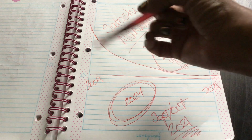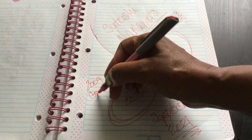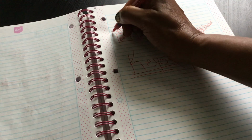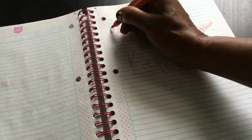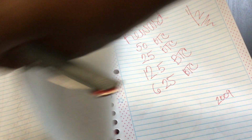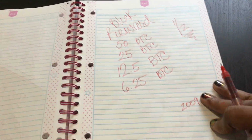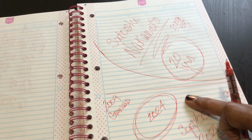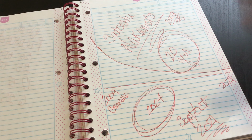And the Genesis block, which means the very first block, remember we talked about the blocks in the blockchain? Well, block number one is called the Genesis block because that's the very first one. So it makes sense for it to have that name. Oh, look, power came back on. And so Satoshi Nakamoto was mining it, and out was popping 50 Bitcoin every 10 minutes,